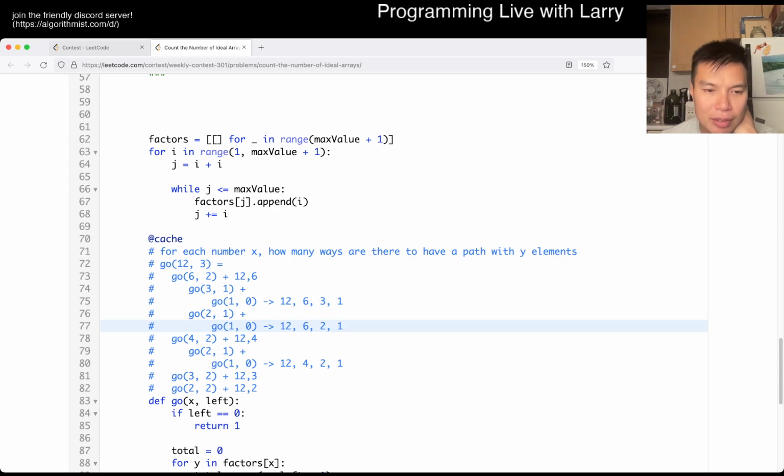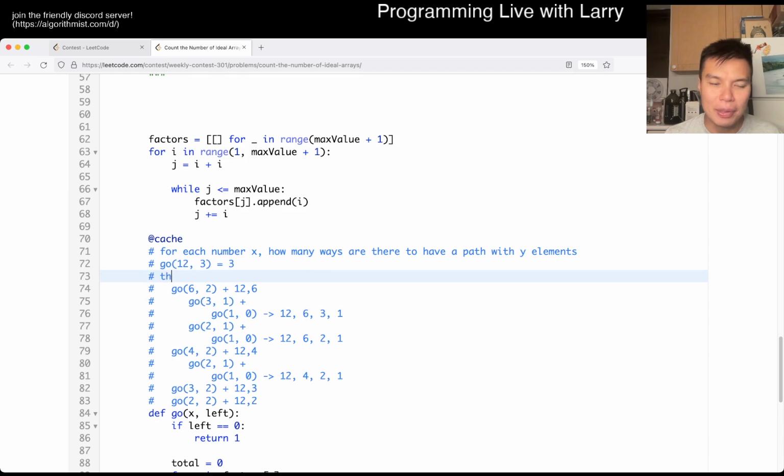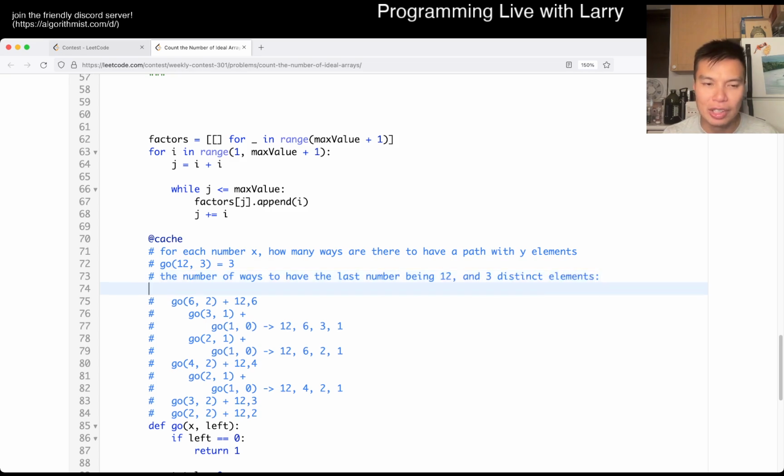Right. So then now, because all the other ones will return 0, because it doesn't go to the left if it is equal to 0, because we just don't go that way. This will go of 12, 3 will return 3, right? So this is equal to 3, and then now, how many ways are there to do these? So there are 3 ways. How many ways are there to do each individual one, right? Well, that's going to be 3 times 1. So then now the number of ways to have the last number being 12 and 3 distinct elements is just equal to this go times